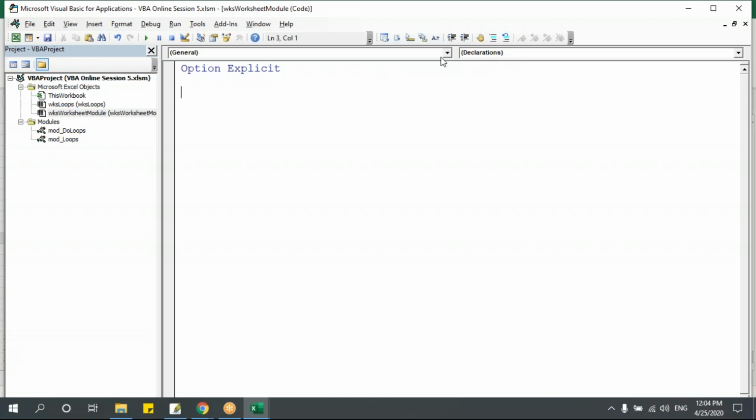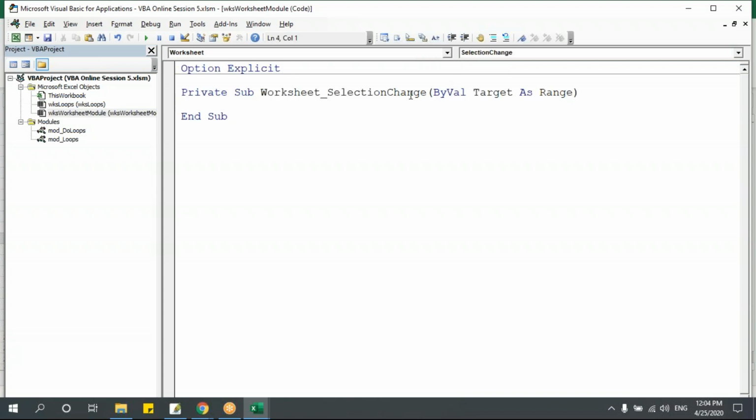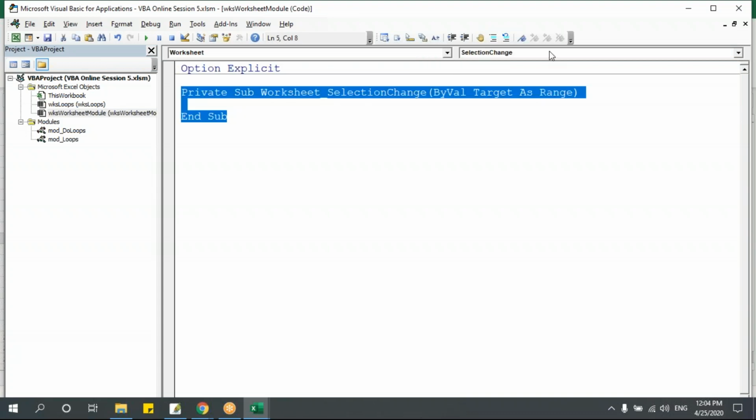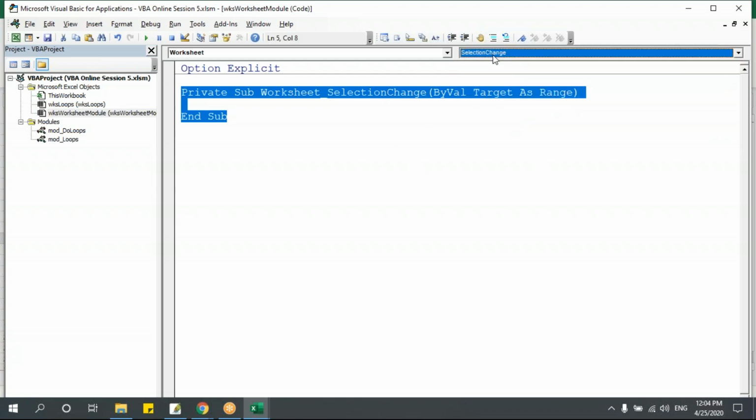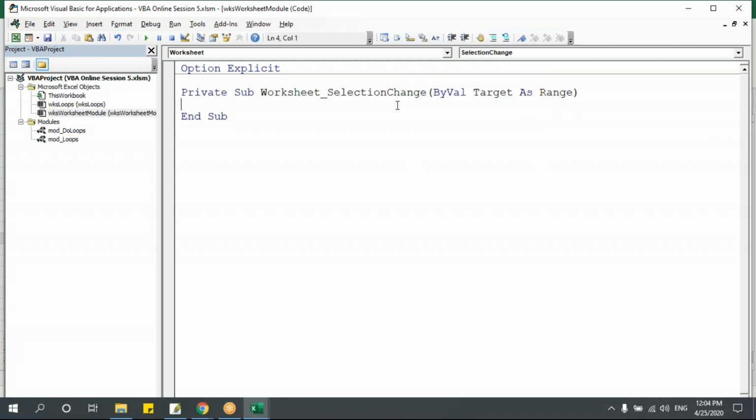I have two drop downs here. If you click on this drop down, I'll get an object, and here I have one more drop down where I'll get the events. So how to get these events? Let me go here and click on this worksheet. I'll get one code, along with that I'll get a few events here. So these are events. I was telling you, events are nothing but an action which will help us in